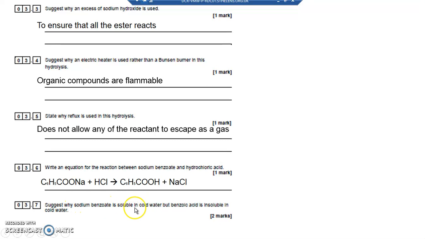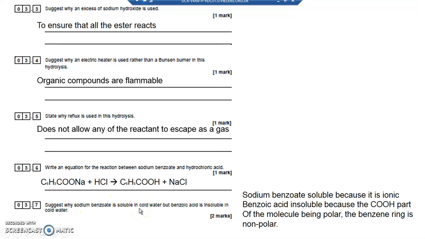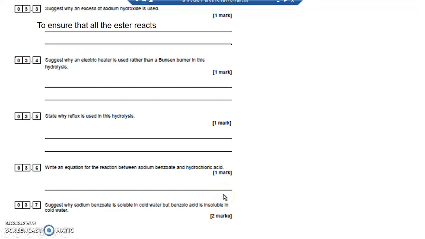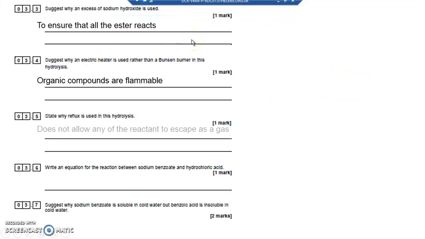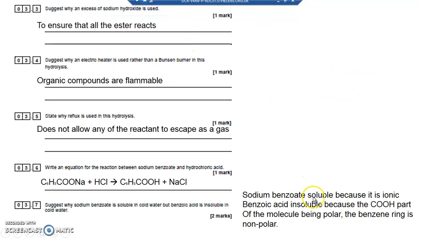Suggest why sodium benzoate is soluble in cold water, but benzoic acid is insoluble in cold water. Sodium benzoate is soluble because it's ionic. So you've got a clue here that you've got a plus and a minus charge. If something's ionic, it tends to dissolve in water because water has got polar charges, because the oxygen is more electronegative than the hydrogen, so you get delta pluses on the hydrogen and delta minuses on the oxygens in water, and so something that's ionic can form intermolecular bonds with that and tends to dissolve,